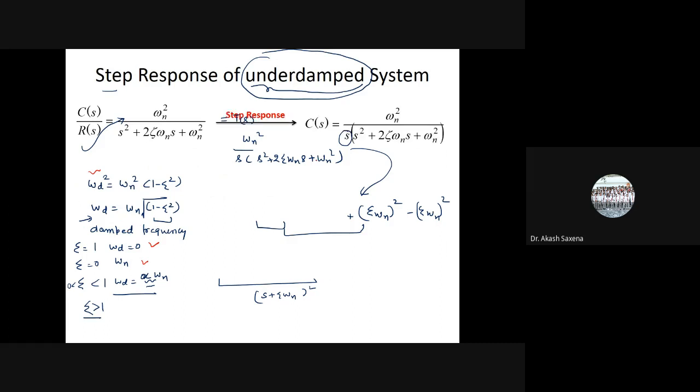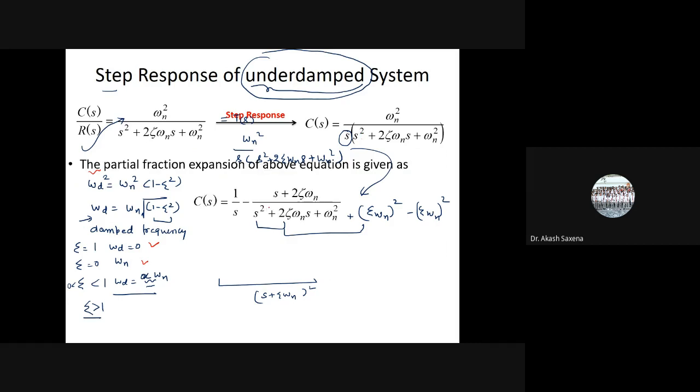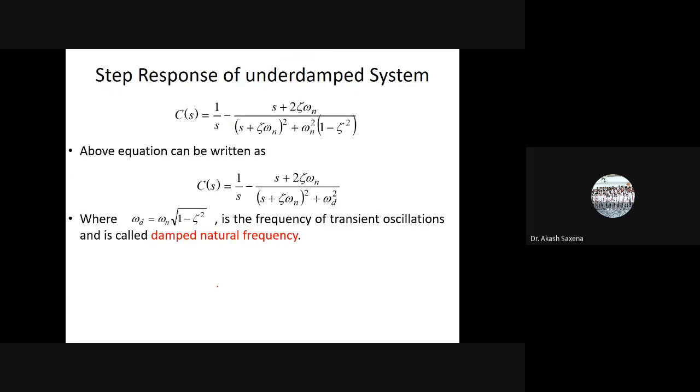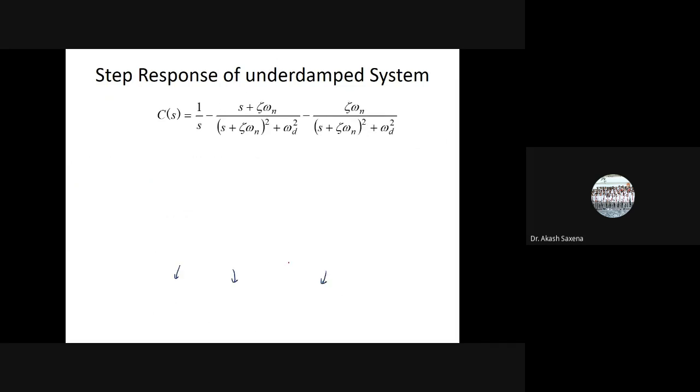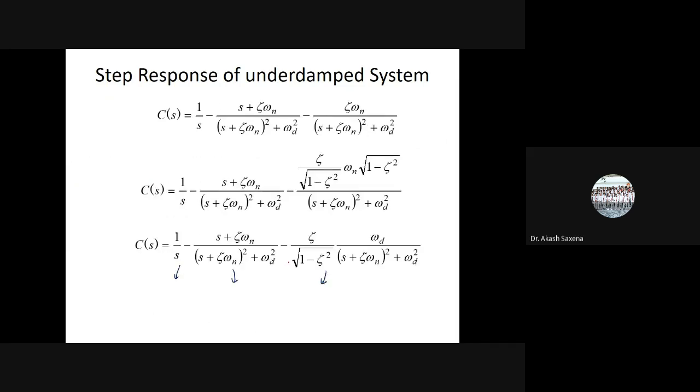So this is the step response. If I calculate the step response by this, I can actually write the expression for it. And if I do the partial fraction and the simplifications, I will be able to write the time response of this, and the above equation can be written like this. You can further solve it, and you will be able to obtain the time response of the system like this.